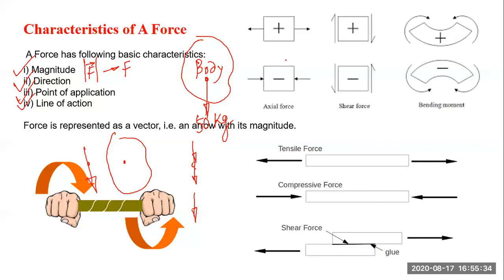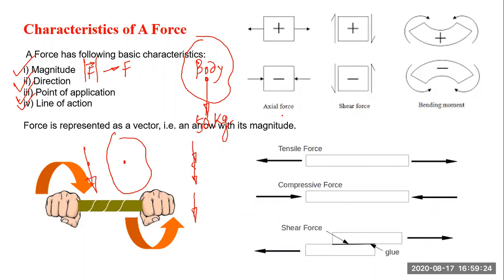Now we will talk of different types of forces. Some are active forces and some are indirect or induced forces. Some sorts of forces are active, some sorts of forces are reactive. In the active forces, that means the forces which are being applied. Active means applied forces on a body.